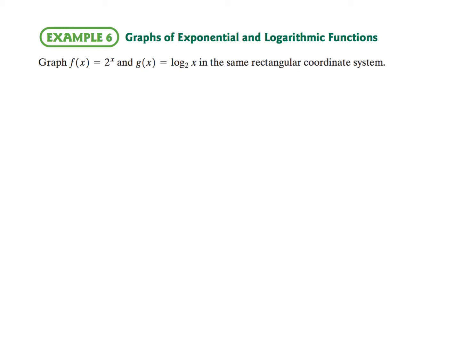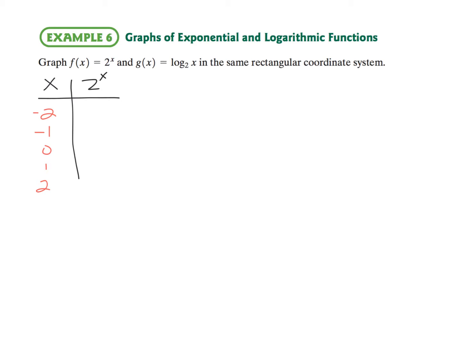In this example, we want you to graph f of x is equal to 2 to the power of x and g of x is equal to log base 2 of x in the same rectangular system. So what we'll do is we'll start with our 2 to the x. So if I just create some values, so if I start with x and 2 to the x, and we go ahead and pick values, say like -2, -1, 0, 1, and 2, like we did previously,